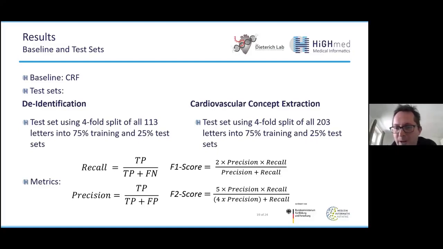Yeah, so we want to have the recall as high as possible, and then it's okay for us to have some false positives where we actually de-identified words which didn't contain patient information. And the F score in general is used for these entity recognition tasks very often because it handles this issue with the unbalanced data sets.